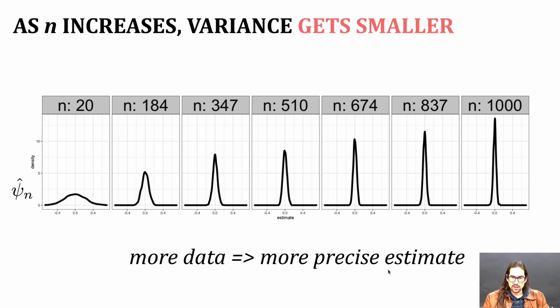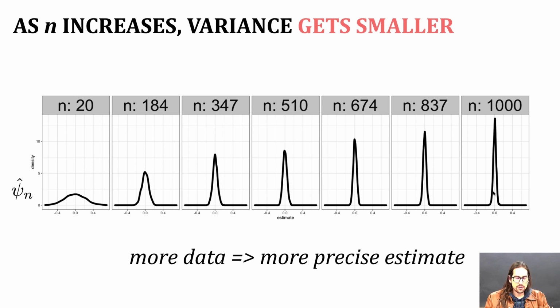so I don't have to worry about anything else. The other interesting thing about asymptotically normal estimators is that as n increases, the thing to notice here is that variance gets smaller. So here's another example where I have, I believe this is just a sample mean, but for n equals 20, I have this kind of bell curve that looks like this. As I increase n, it gets more and more peaked,